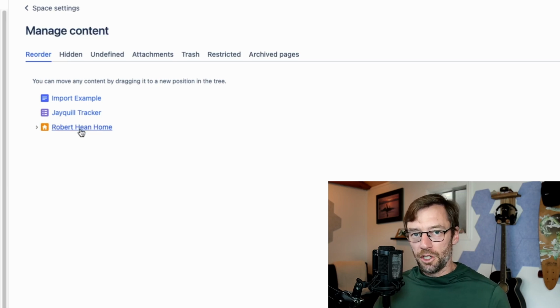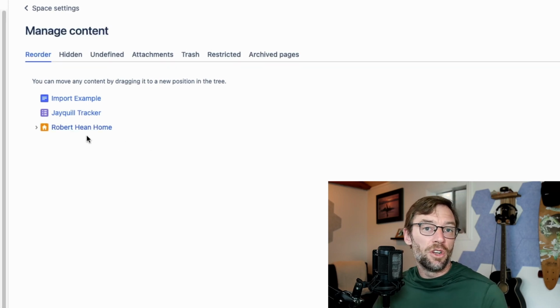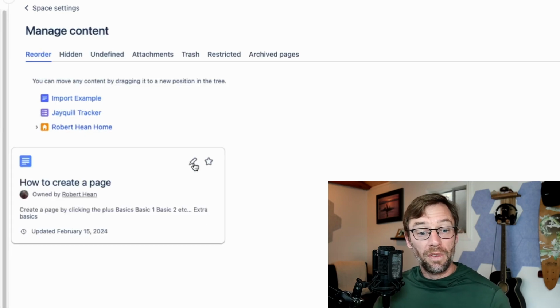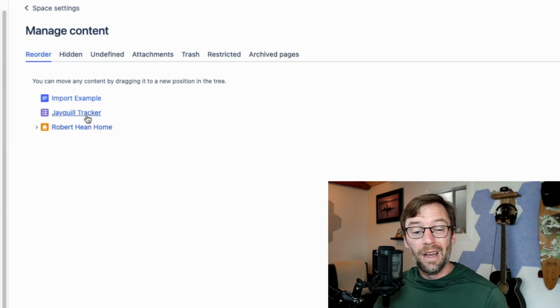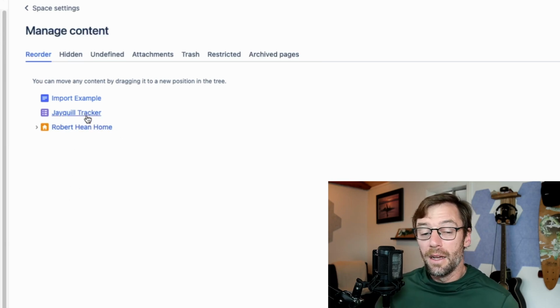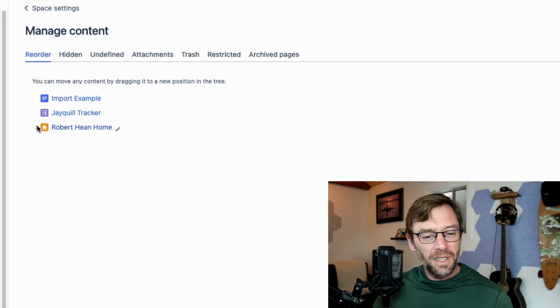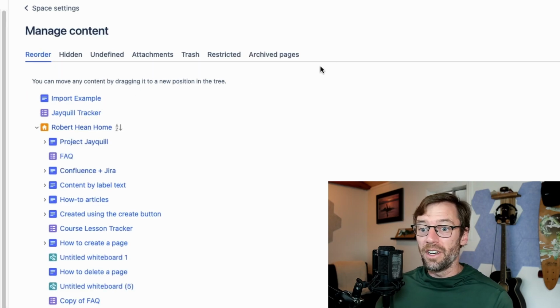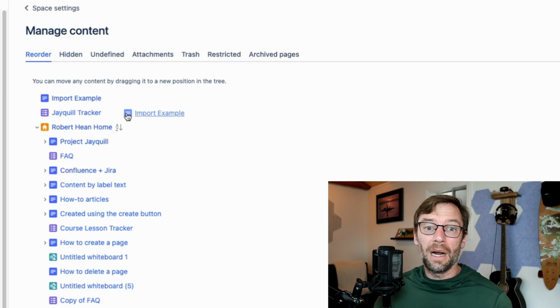Now, there might be a legitimate need to do this. You want this information in there, you want it to be searchable or linkable, but you don't want it to clutter up your page tree. So if you have a very focused page tree you want to show, but other information you want to kind of hide, this could be a way to do it. Most of the time, however, this content will effectively get lost. Someone might trip over it in a search, but they're never going to be able to browse for it.